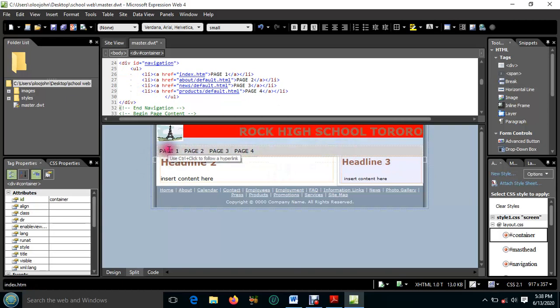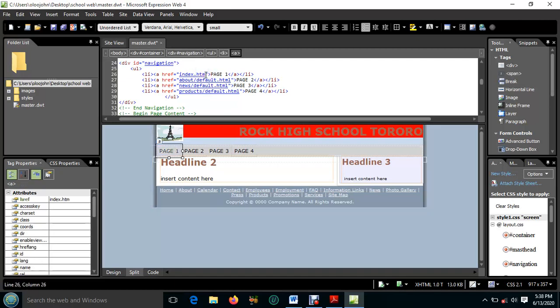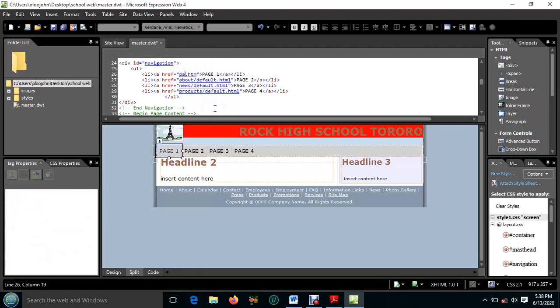When you click on it, it should be able to take you to a certain page, and here is where we give those pages the names, the file names. And the file name that you give here is the file name that you must give when you are saving your pages. So here, instead of calling it index.html, we are going to call it page1.html. Just remove the index and type page1